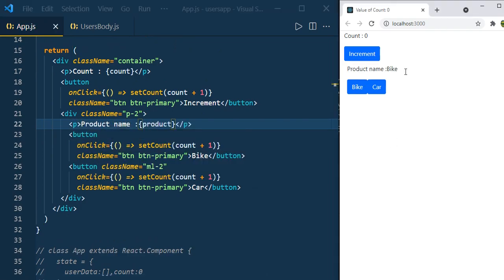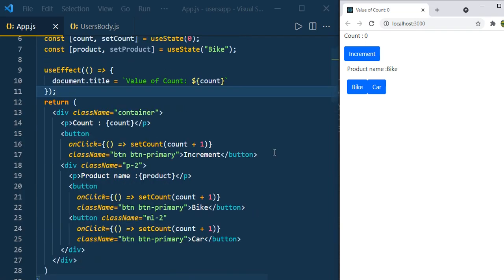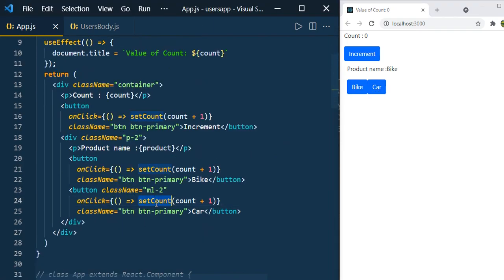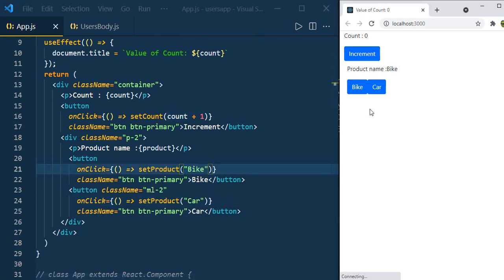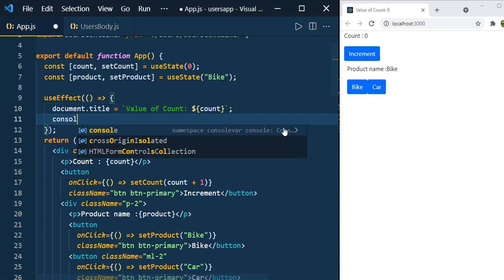By default the product name is bike because we are passing the value bike to the state. Just update the product state when you click on the bike or car. Instead of setCount, we have to use setProduct, and here I am going to pass the value. Now just click on the bike, you can see bike, and when you click on the car, you can see the car.